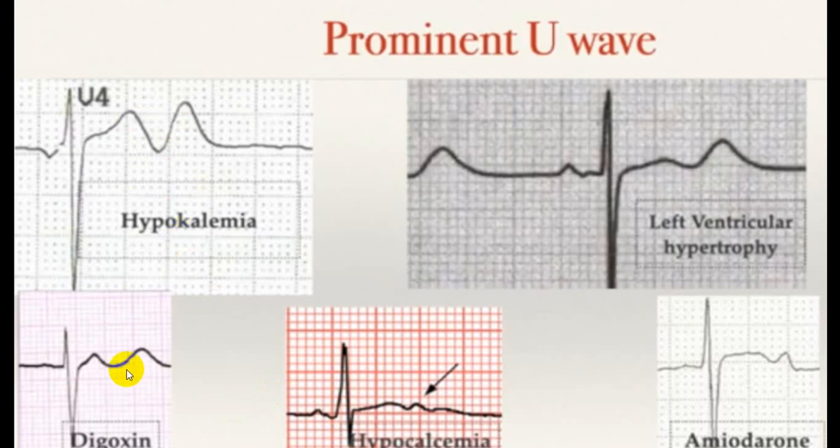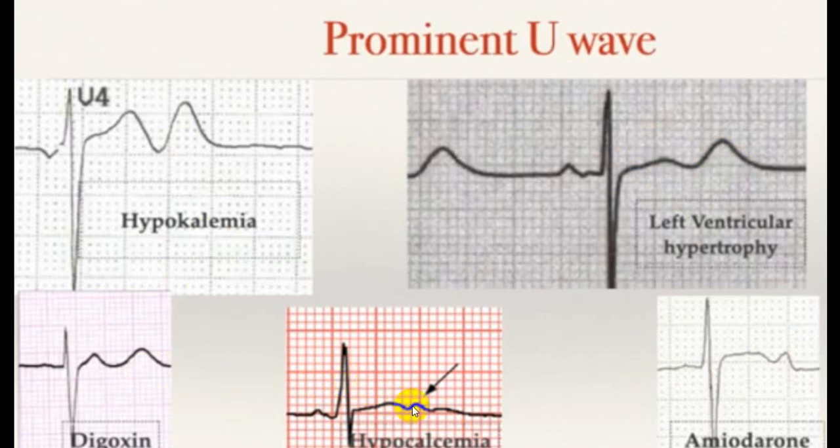This is in digoxin toxicity. You have got the QT interval becoming short and you have got an appearance of U wave. This is in hypocalcemia. You have got a T wave. This is in amiodarone. This is in a left ventricular hypertrophy. You have got an appearance. This is not T wave. This is U wave. So may not be of much significance, but very useful in hypokalemia, digoxin toxicity, and hypocalcemia,